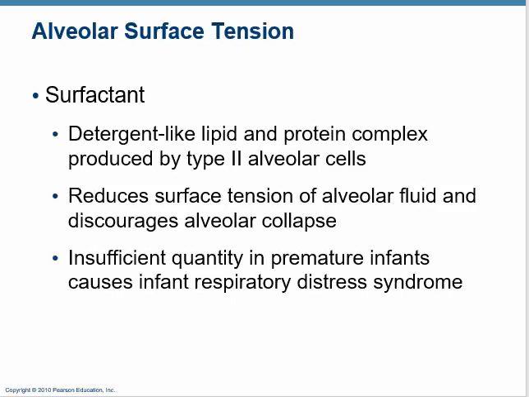When babies are born prematurely, surfactant is one of the very last things that the baby will make. The type 2 cells are the very last thing to become developed before birth, because the baby has no need, they don't breathe in the womb, so it's the last thing that happens. And if a baby is born before the type 2 cells are making surfactant, it's very difficult for the baby